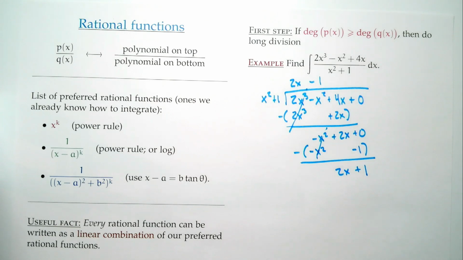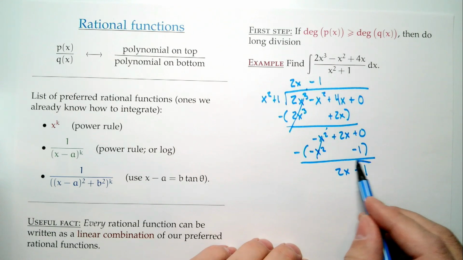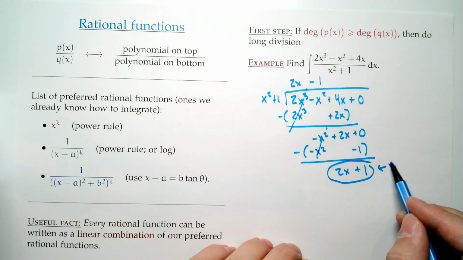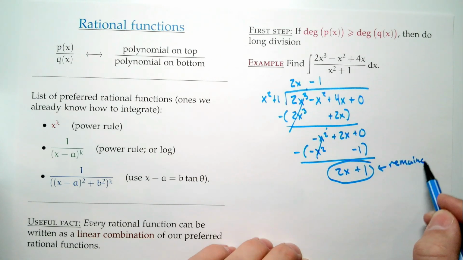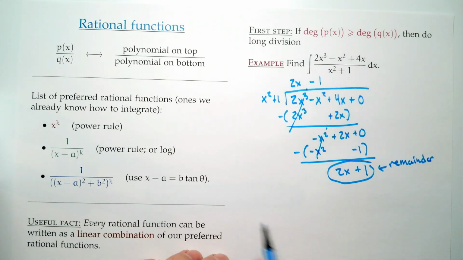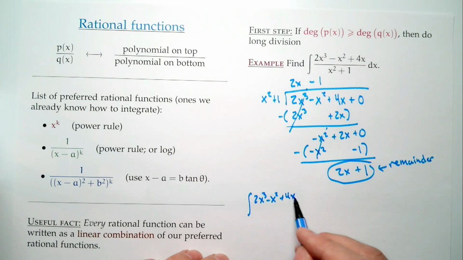Now at this point, we say, okay, now my x squared is a higher power than the 2x, so I stop. Sometimes you might call this the remainder. So what does that mean? Well, what we have now is that our original integral, 2x cubed minus x squared plus 4x, divided by x squared plus 1,